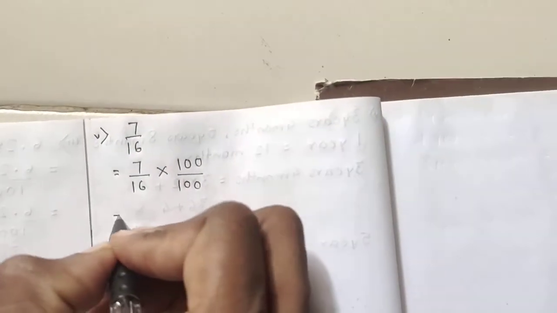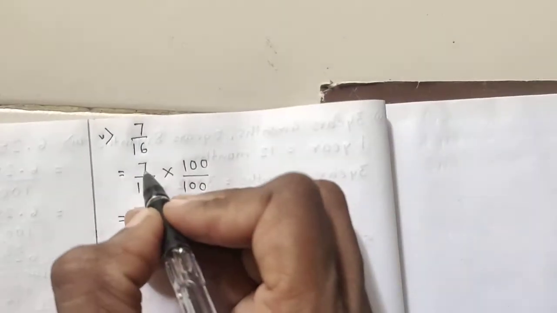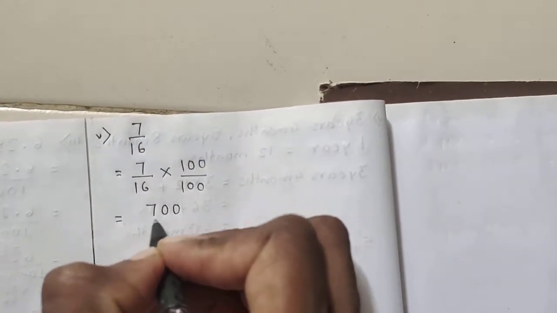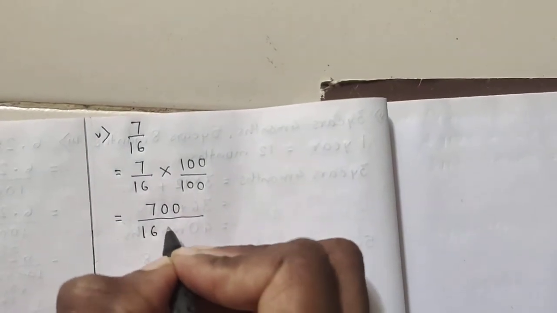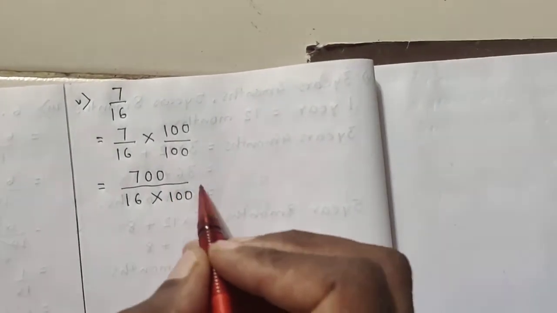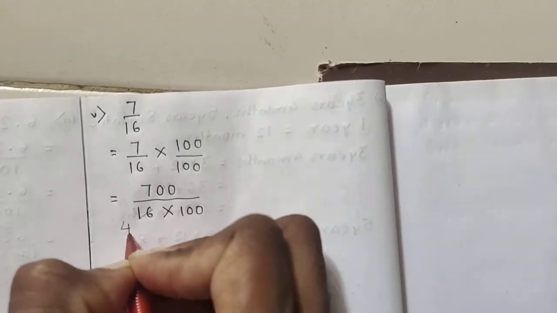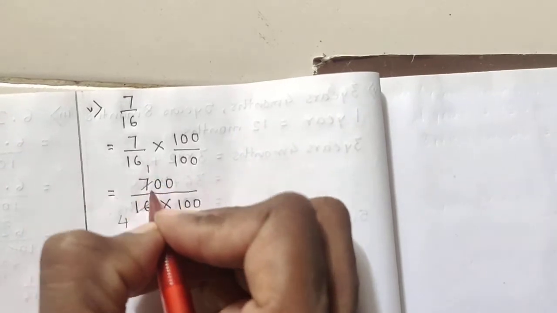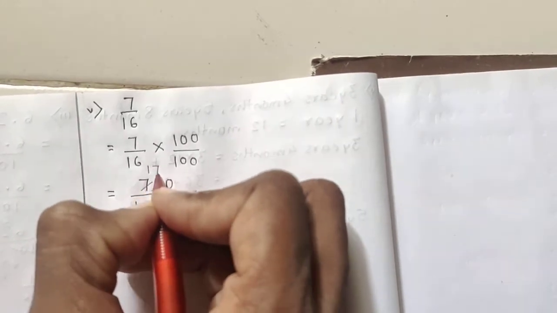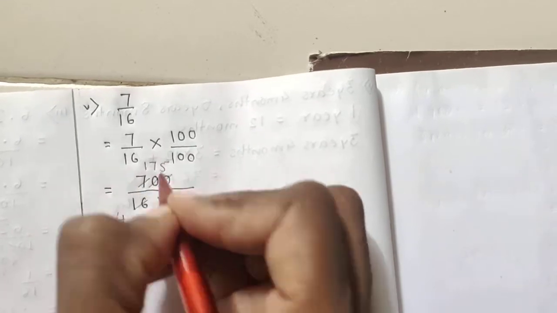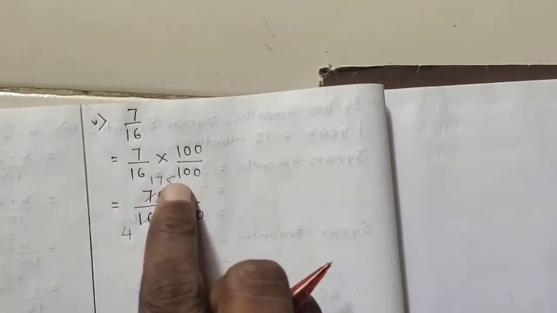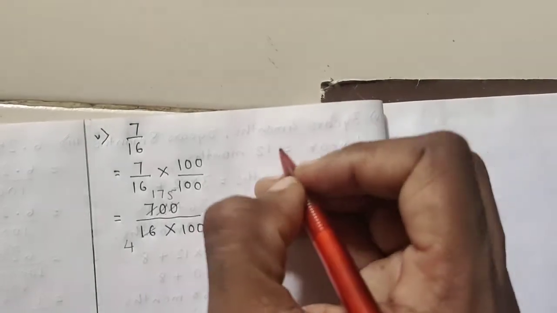So first we can multiply this. So we got 700 here, and in the denominator we have 16 into 100. Remember students, we should keep this 100 as it is so that we can get our percentage. But we have to remove this 16, so we are going to do cancellation. 4 fours are 16. Here 4 ones are 4, 3 is remaining. 4 sevens are 28, 2 is remaining. 4 fives are 20. So you are left with 175 upon 4. So let us do the division of this.